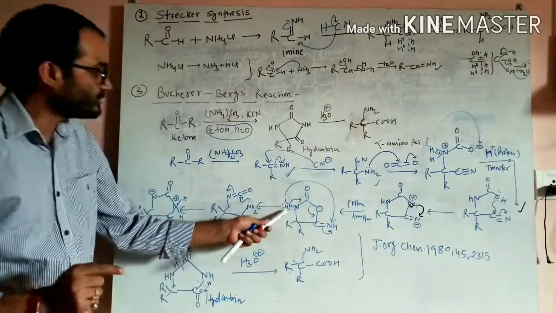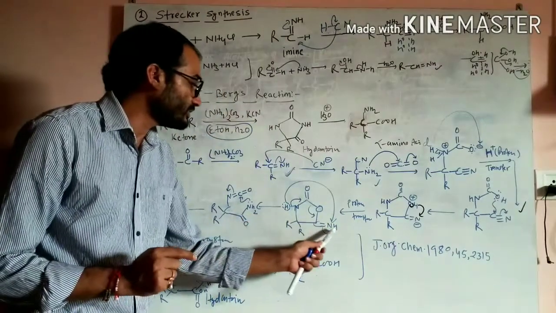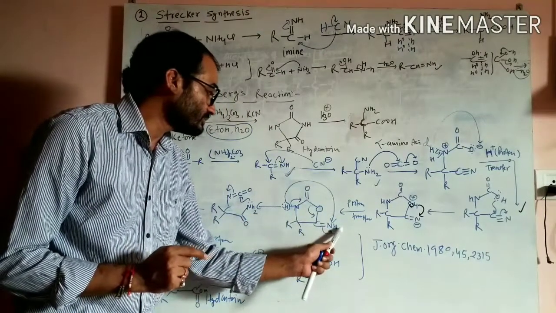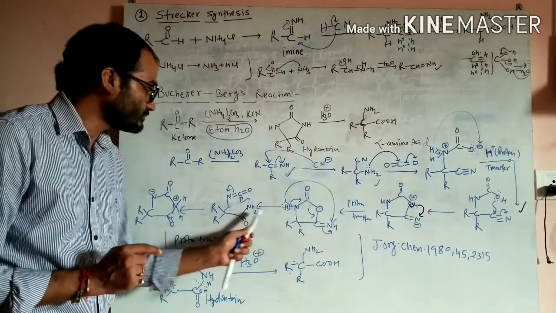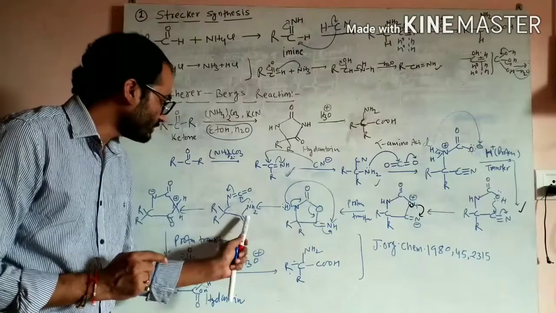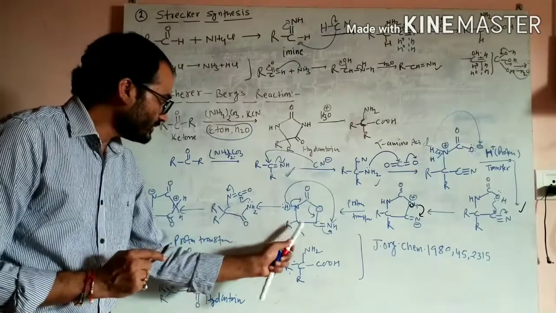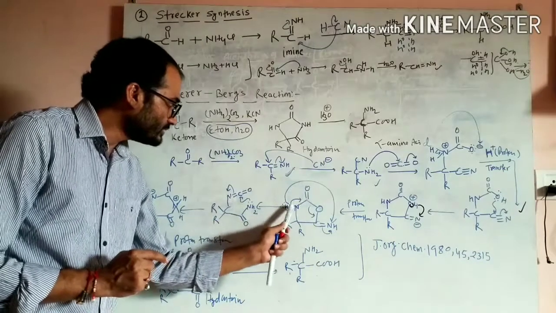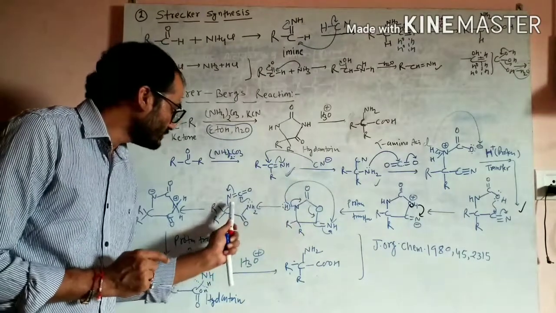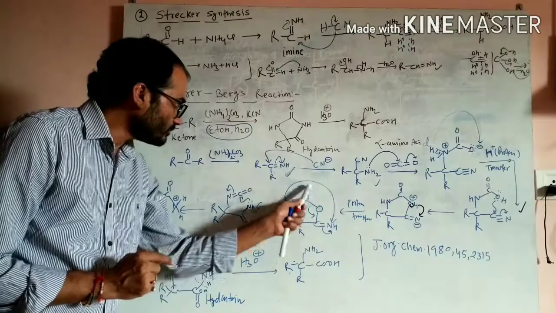Now here H plus is released, and this released H plus is coming to the NH minus sign, and it will convert into NH2. See, this is converted into NH2, and C double bond O here. R, C, R. This is nitrogen. This is N. The bond is shifting from here to here. And C double bond N, C double bond O.